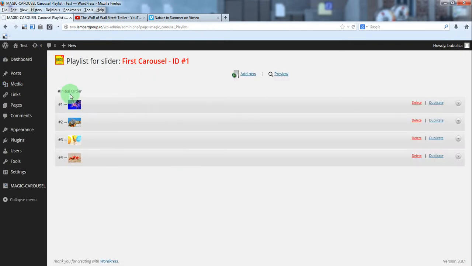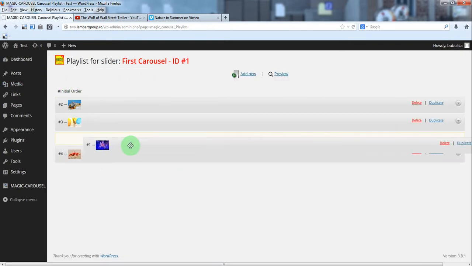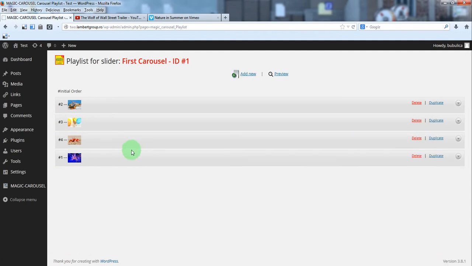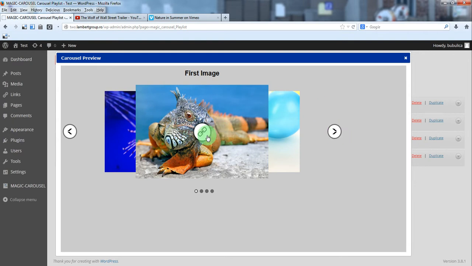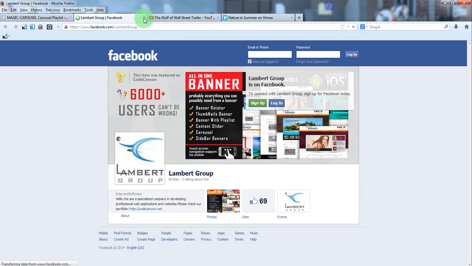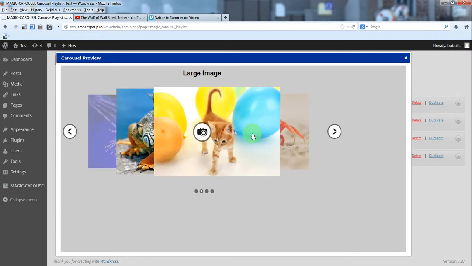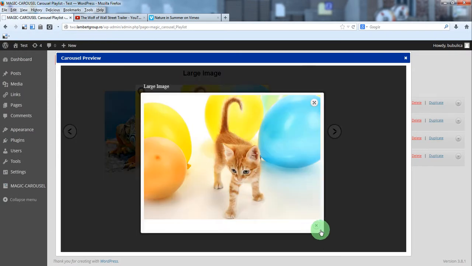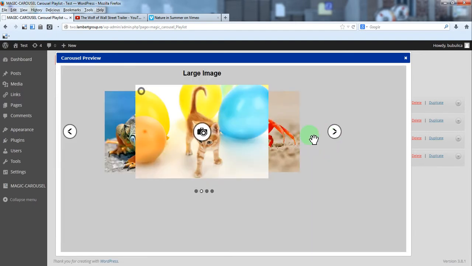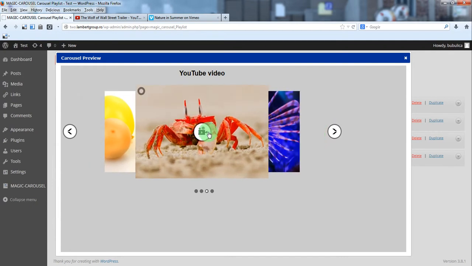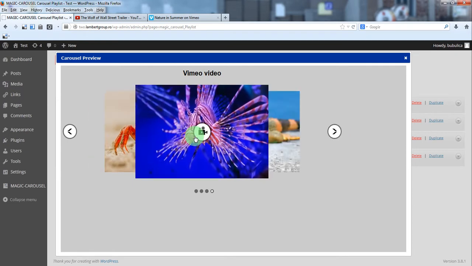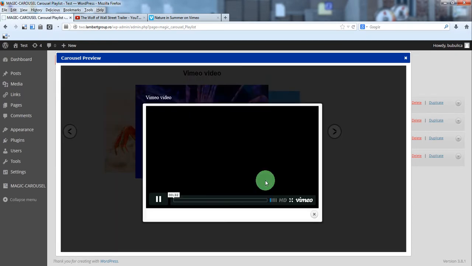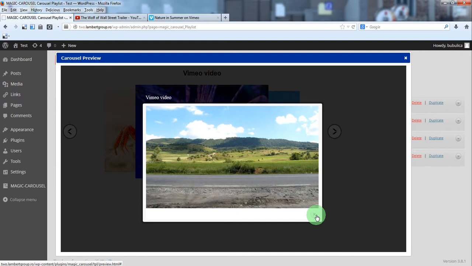Now in the playlist we can rearrange the playlist items. If you preview it, you'll see this one opens the link, this one opens the large image with a full screen button, this one opens the YouTube video, and this one opens the Vimeo video.